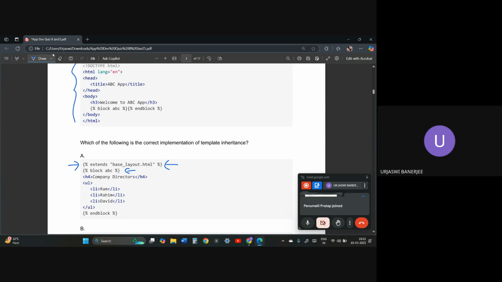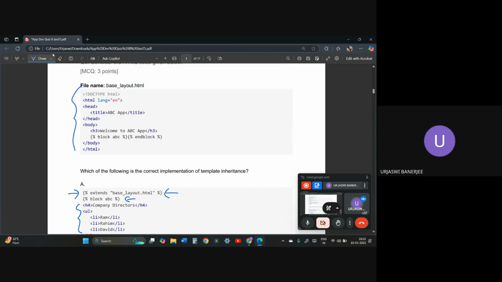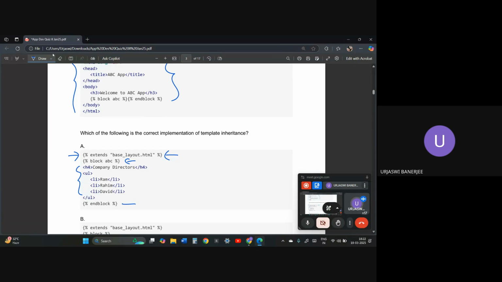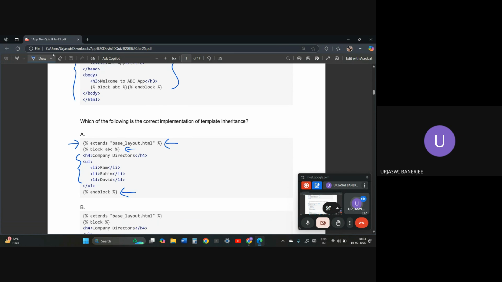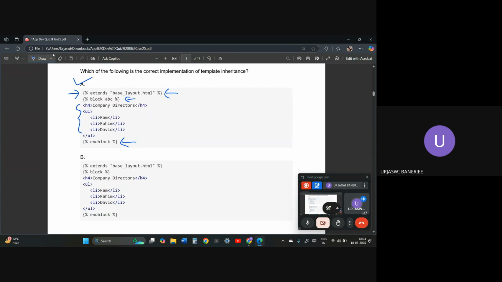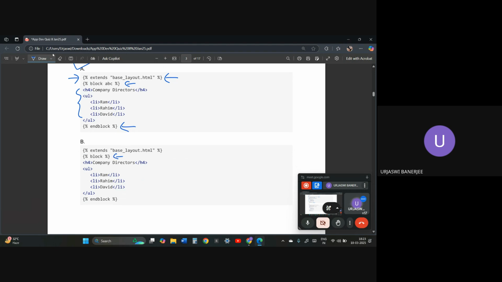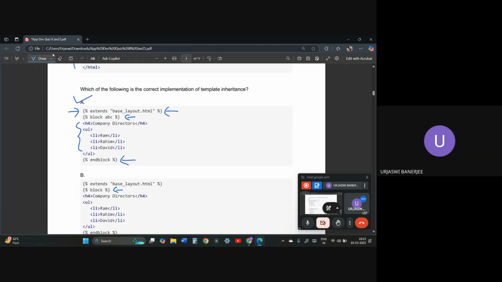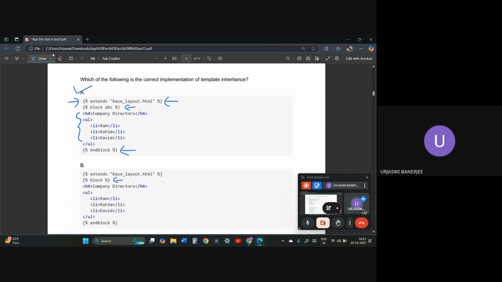So what does the block exactly say? You will open the block. Why are you doing this? Because this means that this is the part where you will use whatever you are inheriting from the external part. So this says block abc, and afterwards you will always do an end block, or else Jinja will throw an exception, like the end block error, like there wasn't an end statement. So this is the correct syntax for this type of question. This is missing the block abc part. So this was totally a question of the correct syntax. Is this question clear?